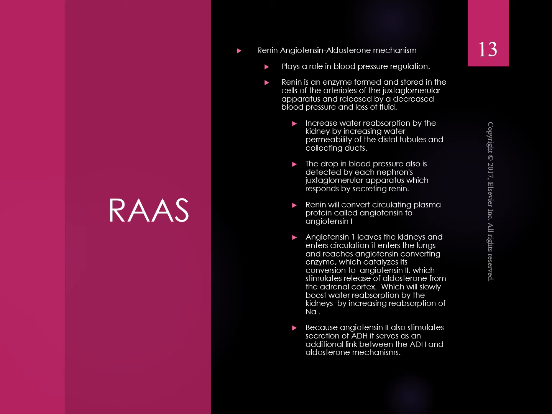and collecting ductus. The drop in blood pressure also is detected by each nephron's juxtaglomerular apparatus, which responds by secreting renin. Renin will convert circulating plasma protein called angiotensinogen to angiotensin 1. Angiotensin 1 leaves the kidney and enters the circulation. It enters the lungs and reaches angiotensin converting enzyme, which catalyzes the conversion to angiotensin 2, which stimulates